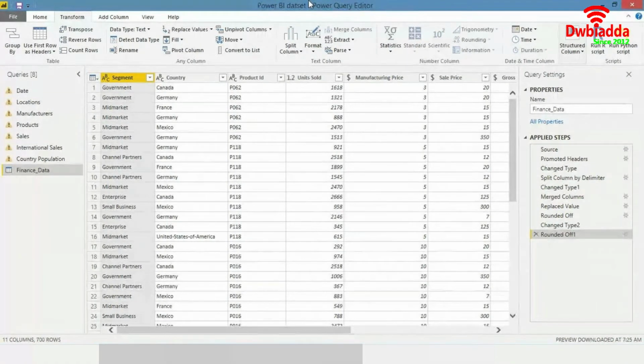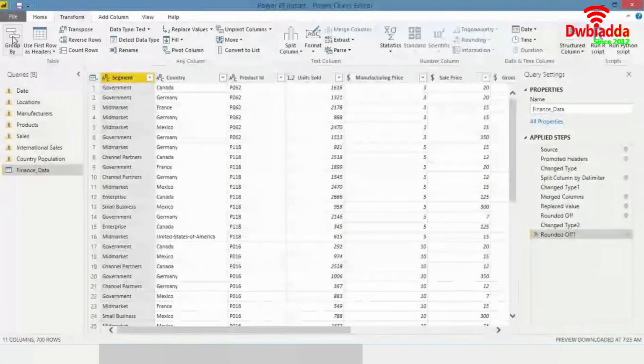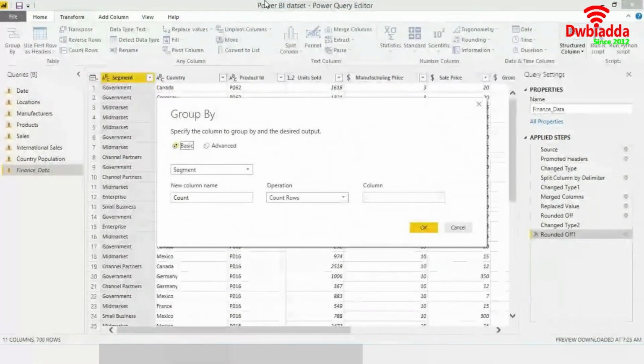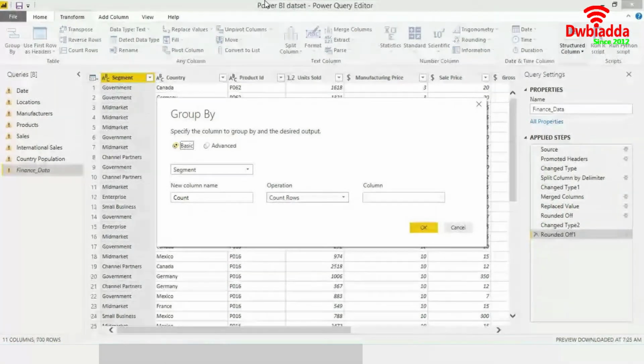So what you can do is you can simply go on group by. This allows you to aggregate the data. It is very similar to what you refer to as the pivot option in Excel. So it allows you the same thing. For people who are familiar with SQL, this is the group by function. It allows you to group the data at the level that you want to aggregate at.